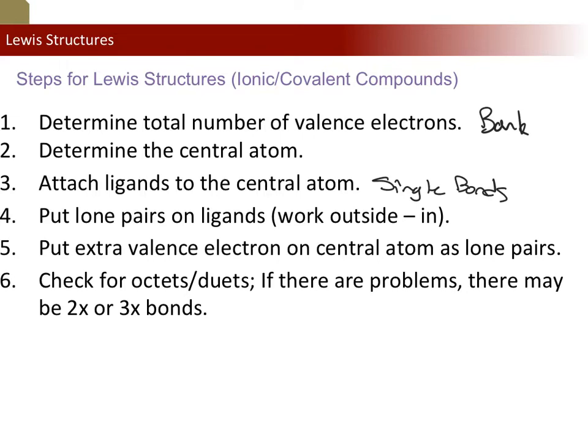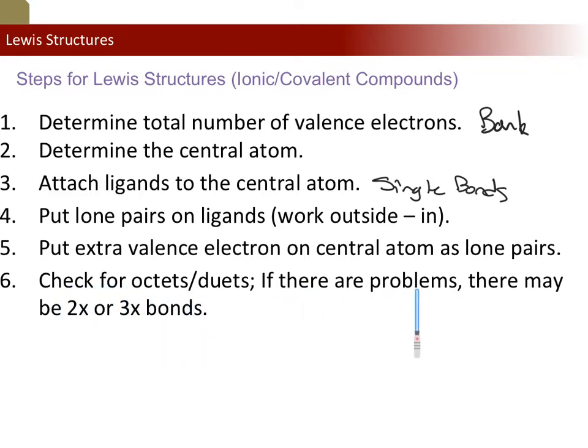After that, you will attach lone pairs of electrons to the ligands working outside in, and finally put any extra valence electrons on the central atom as lone pairs until all the electrons in your bank have been used up. Once you think you're finished, you check for octets and duets in all the elements, including the outside elements and